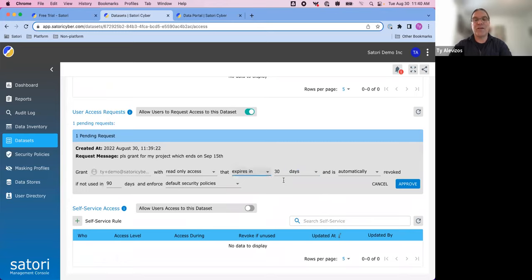Or they can say, let's just give them 30 days and automatically have it expire. And also expire it in 5 days if it's never used. And let's enforce some default security policies or specify specific policies. We'll talk about security policies in a moment. But now if I click approve,